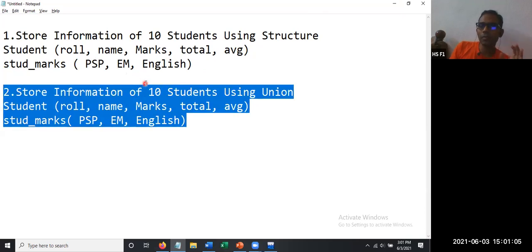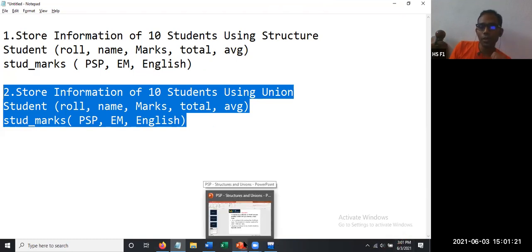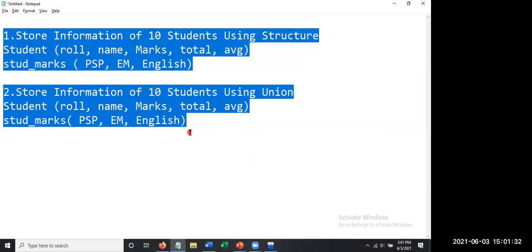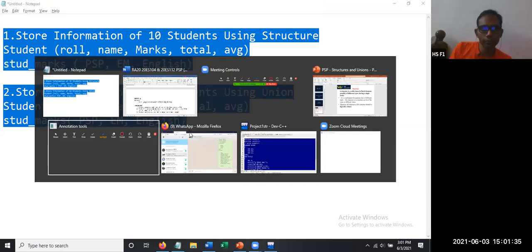Each question carries 10 marks, 2 questions, 20 marks. All the best. Is there any further doubt? Otherwise, it's 3 o'clock. You have 1 hour of time to complete these 2 programs. Try to execute. If you finish, maybe our faculty may give you more questions to practice. It's up to you. So these 2 questions are going to carry 20 marks. I'm going to copy paste in the WhatsApp group.